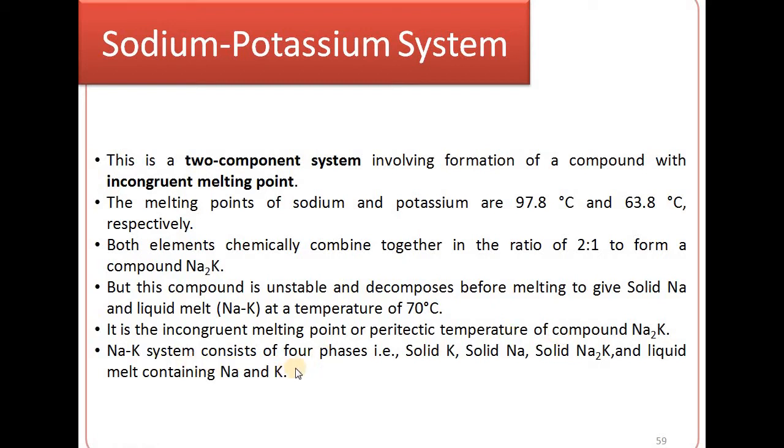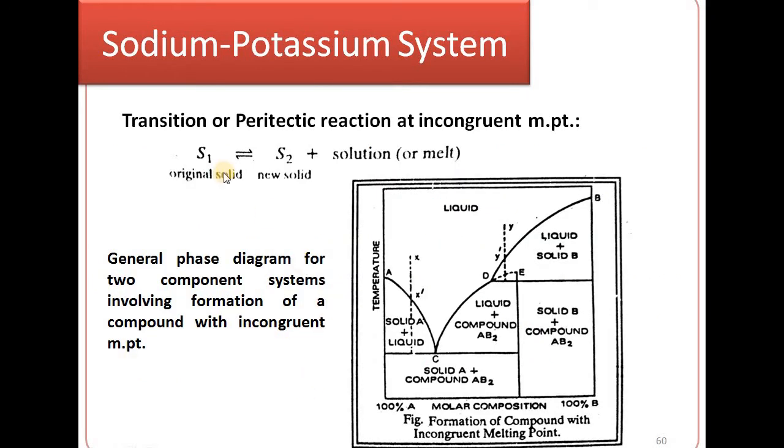So the sodium-potassium system phase diagram will consist of four phases: solid potassium, solid sodium, solid Na2K and liquid melt containing sodium and potassium. Now this reaction is showing the transition or peritectic reaction at the incongruent melting point, where one solid is decomposing to give another solid phase plus the liquid melt. Here this solid can be Na2K, where Na2K is decomposing before the melting point to give solid Na phase plus